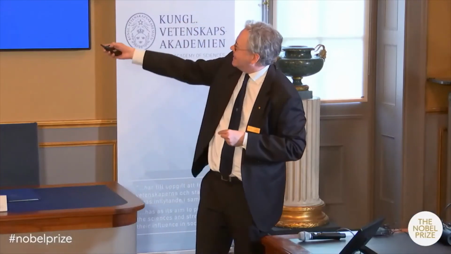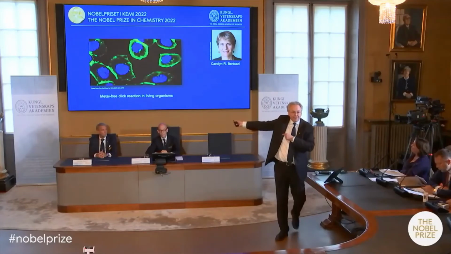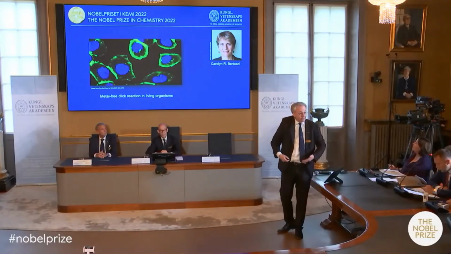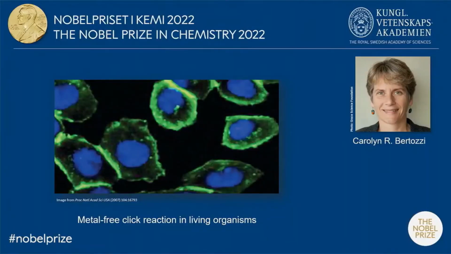And that's exactly what you can see on the next slide here. Here you see a number of cells, and the blue part here is the cell nuclei that have been labeled blue. And you can see the green, shining green surface of the cells where you actually have those glycan structures. So these two